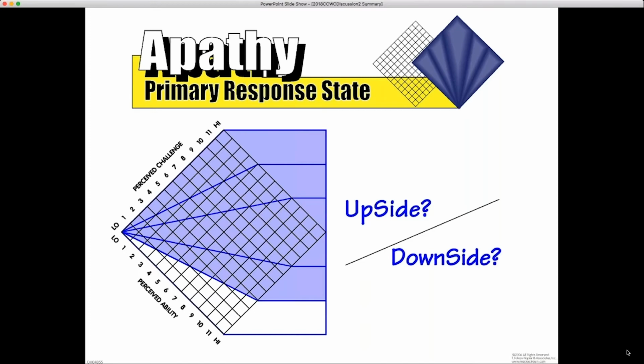I think there's a tendency to see these things as passive states, and I think there's a positive aspect of apathy I'd like to throw out here, and that is intentionality around it. For example, in a very specific business situation, let's say somebody has a conflict they know they could have with somebody. In a battle of wits, I could win that. I could beat him or her. I choose not to. I choose not to engage in that fight or that conflict. That's actually a positive side of apathy. I've got the ability to win there. I choose not to.